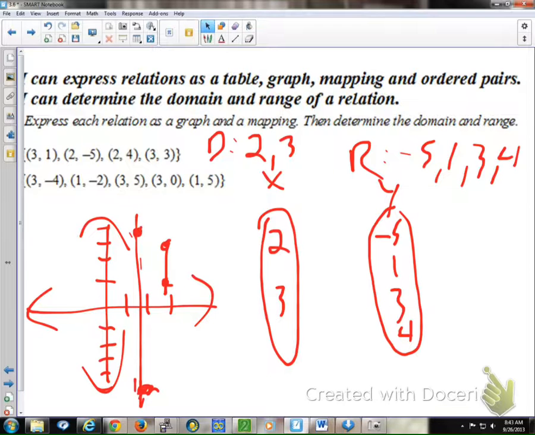We had, let's see, 3, 1. I'm looking at these points. 2, -5. Oop, there it is. 2, 4. And 3, 3. And this mapping shows that this can't be a function because these x values are going to multiple things. Again, that's the whole point of a mapping. I actually kind of think mappings are ridiculous because it's a whole lot of work for very little progress, but nonetheless, that's the point. And there is going to be a mapping or two on your test, so we'll do the next one too. Are there questions about where I got my domain, the range, the graph, or the map? Any of it?